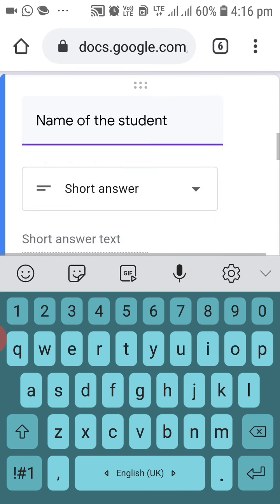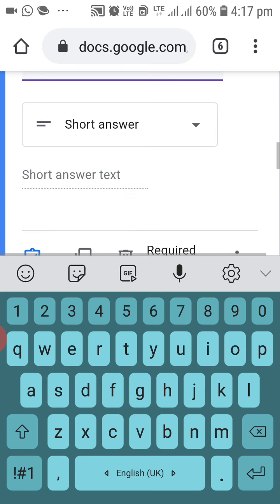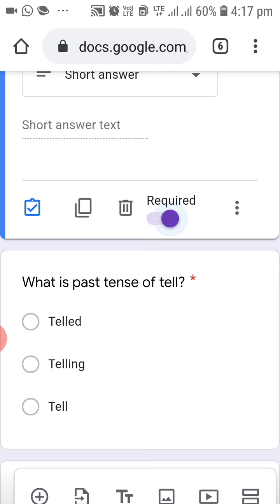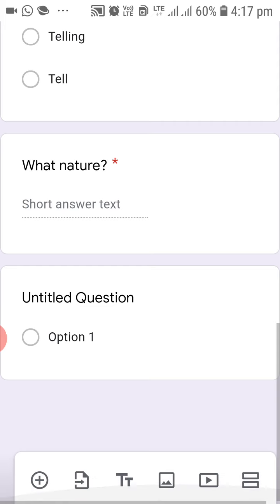Now here be very careful, always keep it short answer. Here you need not add any answer or any point value, just make it required. So here your students can type the name. Same way you can make it for roll number also, right? So here our paper is ready.